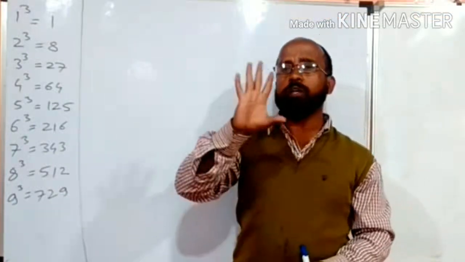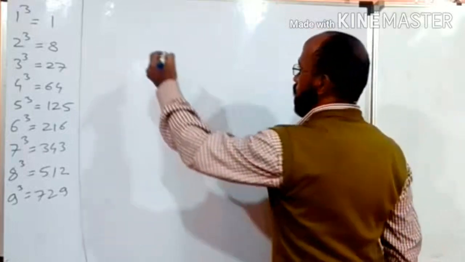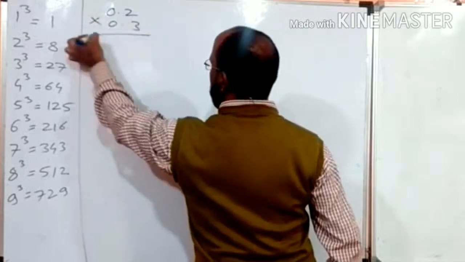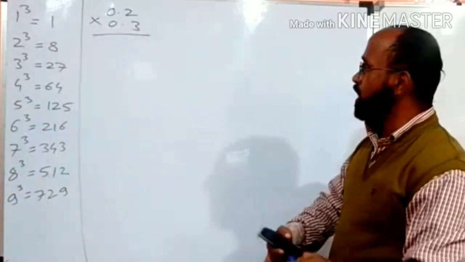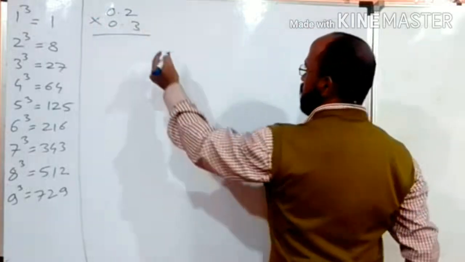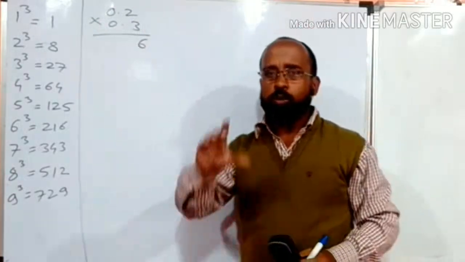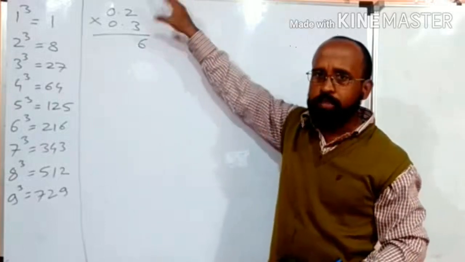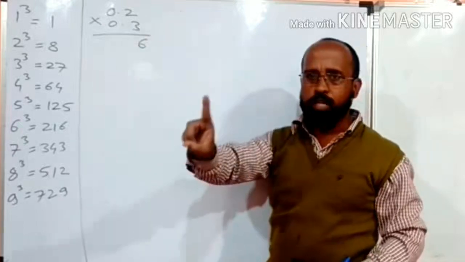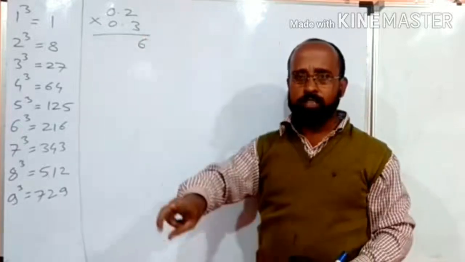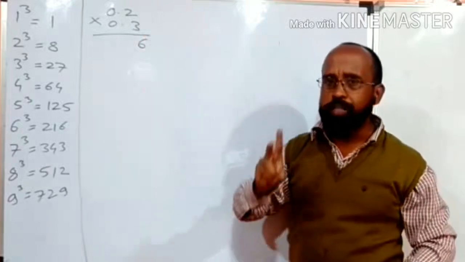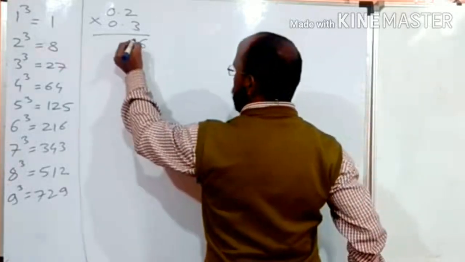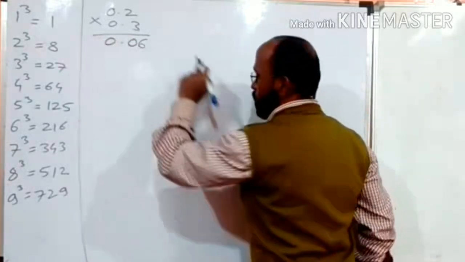Friends, we know how to multiply two decimal digits. For example, you have to find out 0.2 multiplied by 0.3. How will you find out the answer? You will multiply these two numbers. 2 3s are 6. Then what will you do? You will count the number of decimal places in both of the numbers and do their addition. Means in this number there is one decimal digit, in this number there is one decimal digit. So 1 plus 1, 2. So in your answer there will be two decimal digits. Here is only one number, so how will you adjust? Just by appending one more 0 before it. So the answer is equal to 0.06.